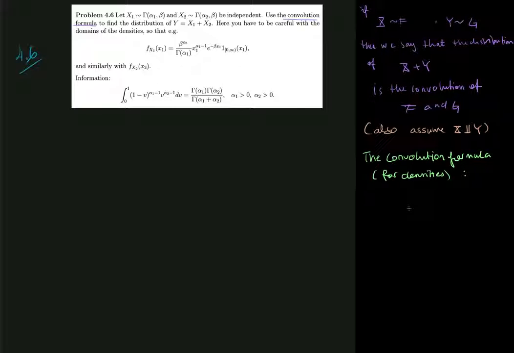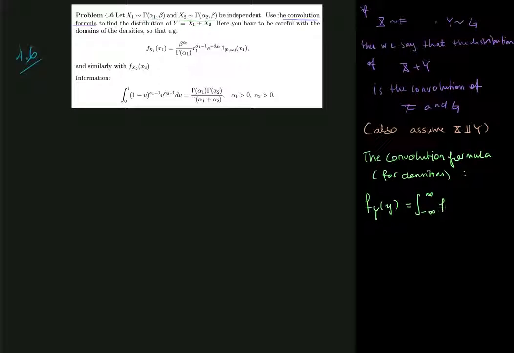I think that the convolution formula tells us that if I want to find the density of y, in this case I have x1 that is gamma distributed and x2 that is gamma distributed with another set of parameters, then the distribution of their sum, so the distribution of y, is given as the integral over the entire real axis